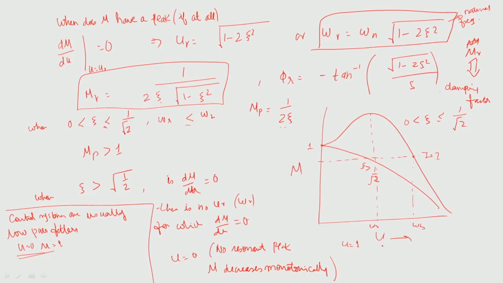Okay. And then a little more about the bandwidth. So, what is bandwidth? When the magnitude reaches 0.707 or 1 over square root 2. So, this entire thing from here till here is the bandwidth. So, I know the formula for M, the magnitude,